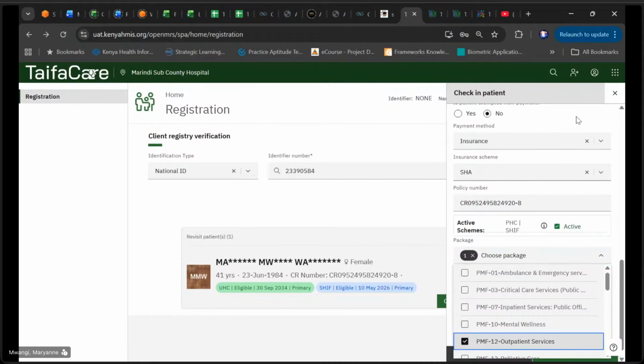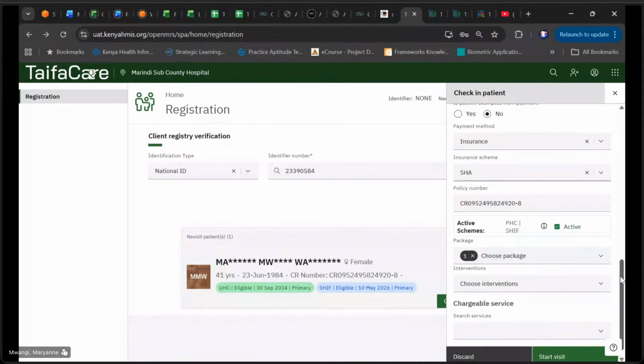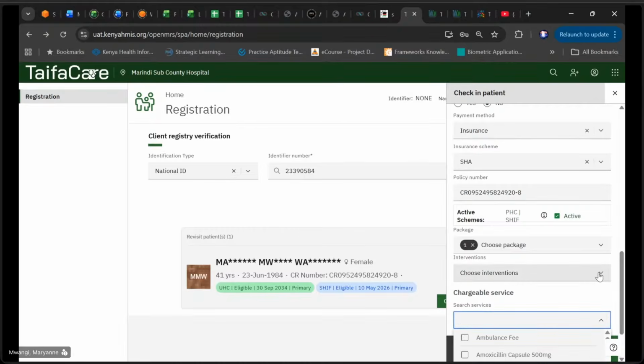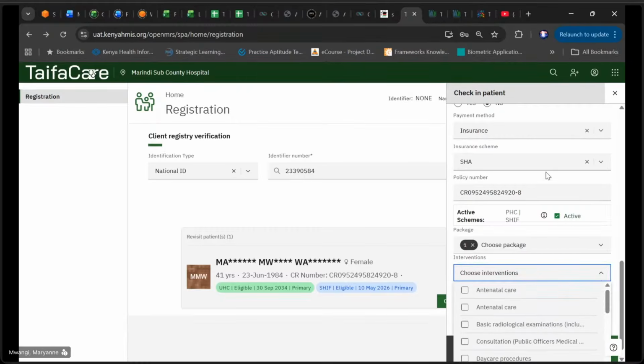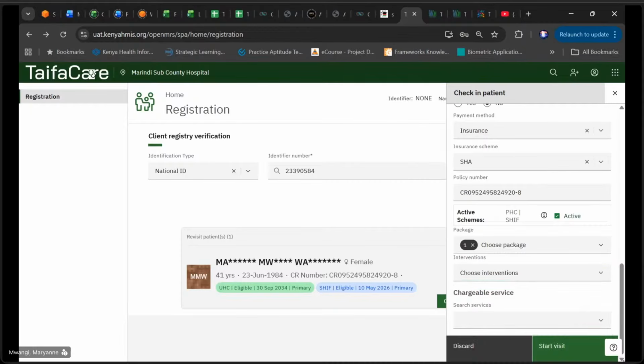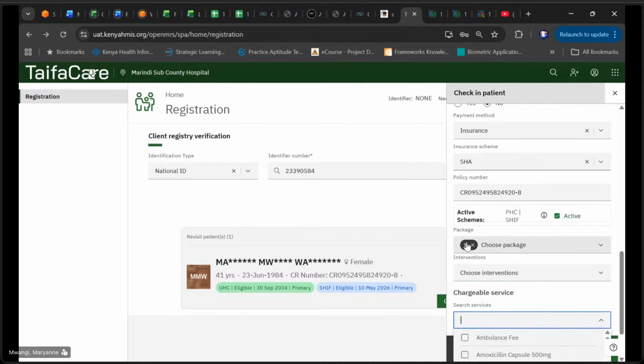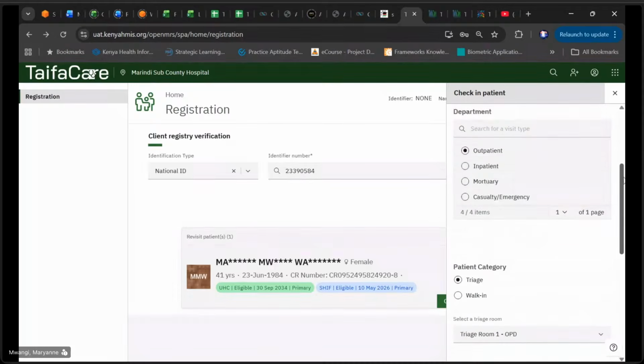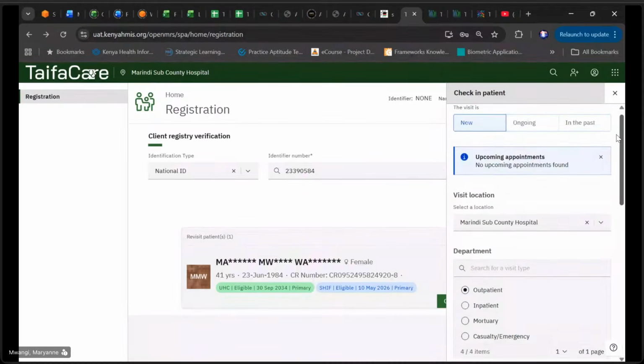Then under this, we will be able to even select the exact chargeable service within the outpatient package that we have chosen. And maybe for this particular facility, we do charge for clinical consultation as the first service that our patient will be offered. So that means we have been able to fully fill for our patient, one, confirming the visit type,